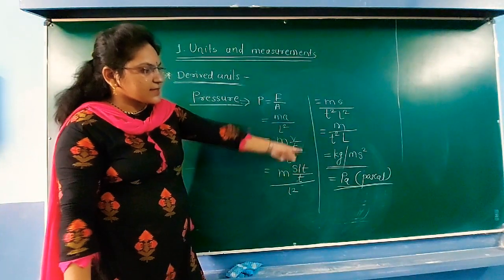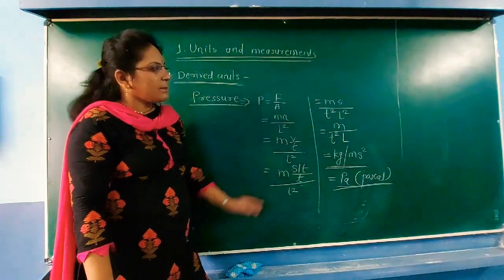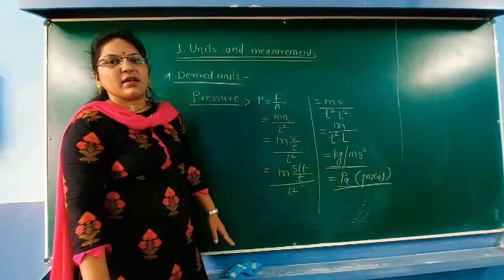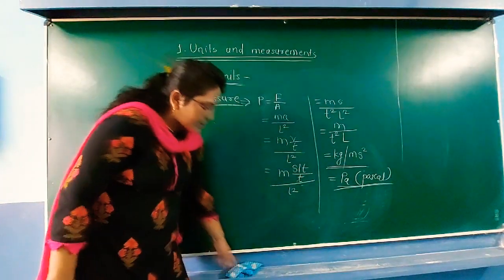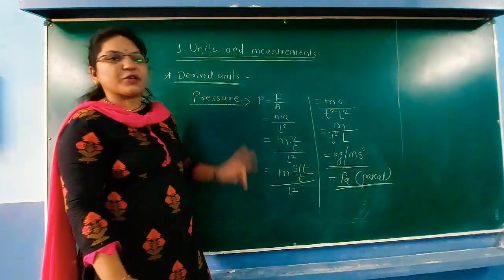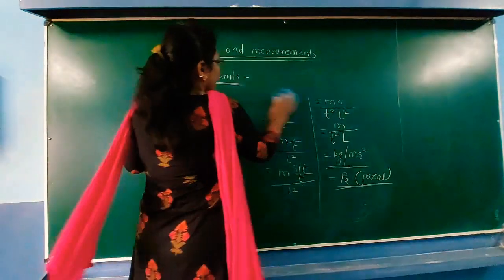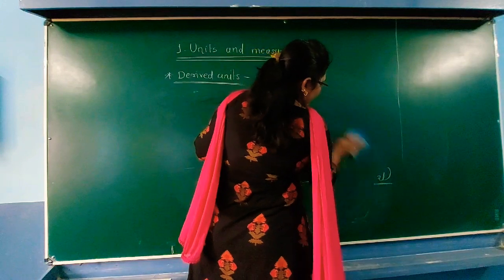Pascal is equal to kg per meter second square. Kg per meter second square means Pascal. Pascal is the SI unit of pressure. Then the next physical quantity we will see is